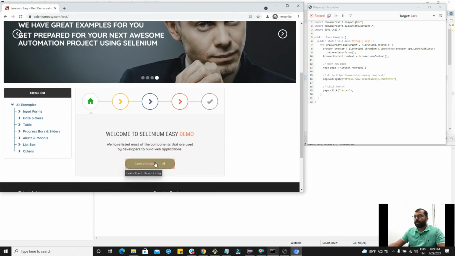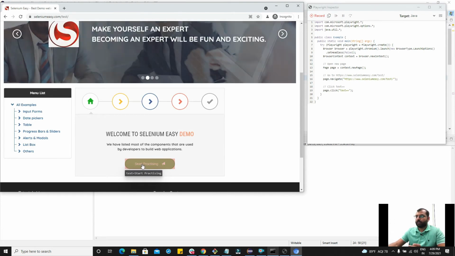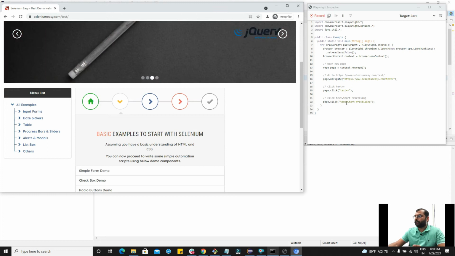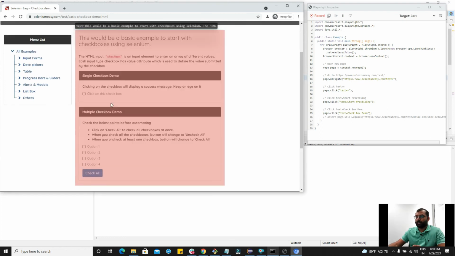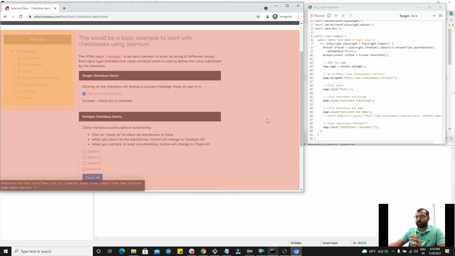Now I want to click on this Start Practicing, and as you can see, it's trying to extract the text of that button, which is Start Practicing. So I clicked on it, and here you see it recorded the locator using the text. Okay, click on the checkbox demo, and we have the action here. Click on this checkbox, and it did click here, and as you can see, it used the relative XPath instead of absolute, and the XPath which it used is really robust. It looks robust, and it is. Okay, and that's all I want, that's what I want.